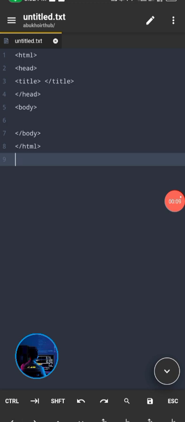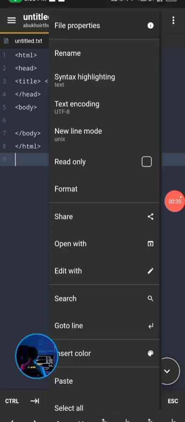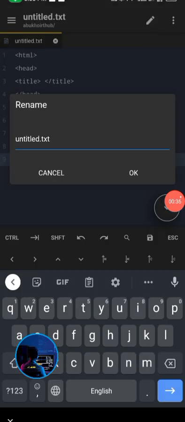But if you notice something, it is still showing untitled.txt. Click on this pen icon. Then you select rename. Then delete it and name it as home.html. So briefly before we continue, there is what we call whenever you are naming a document or a file,